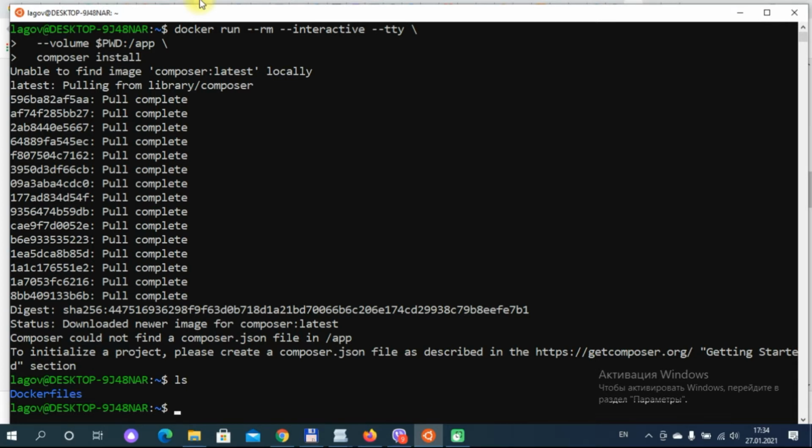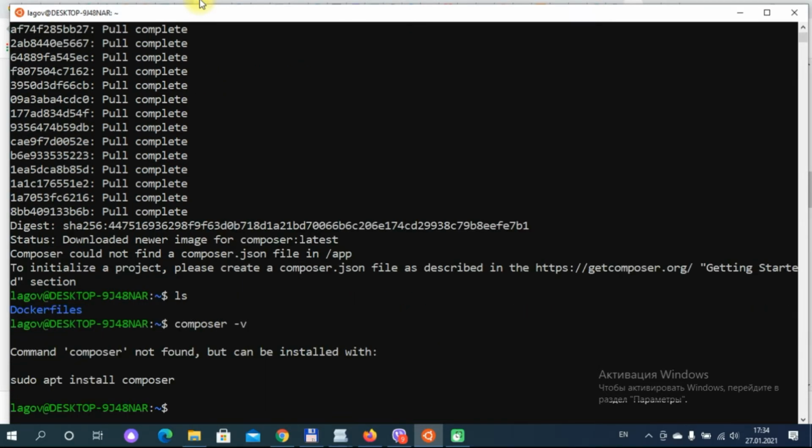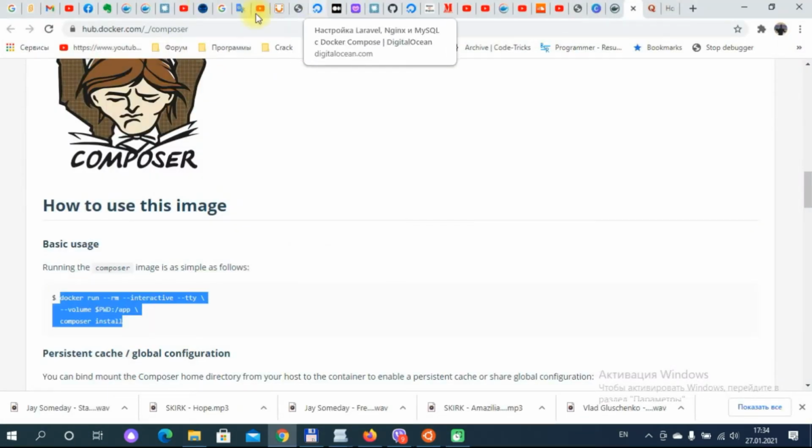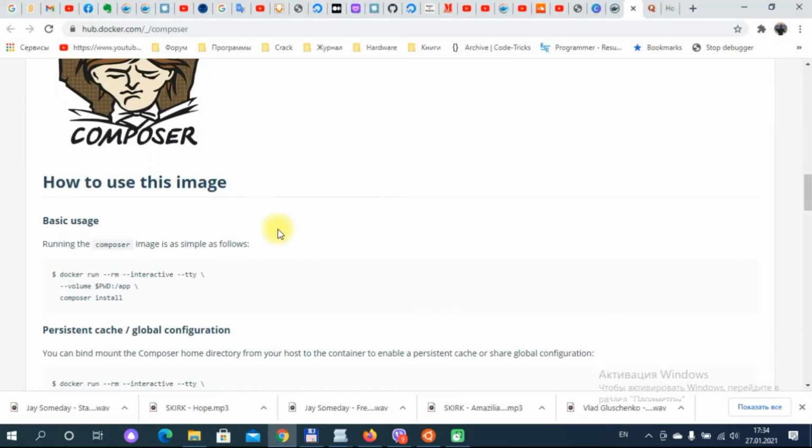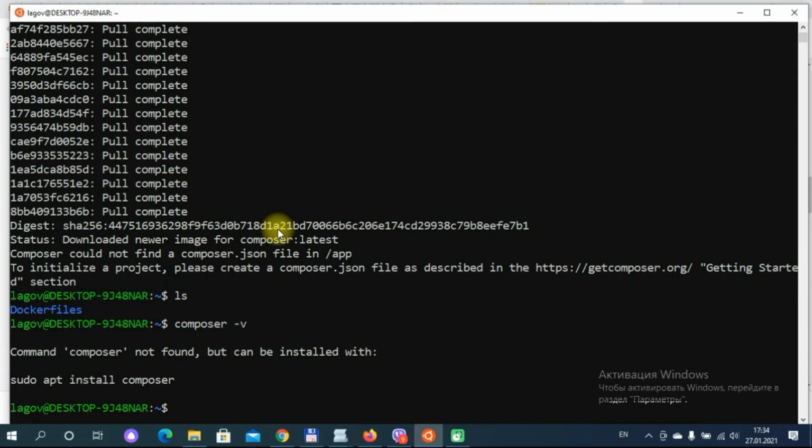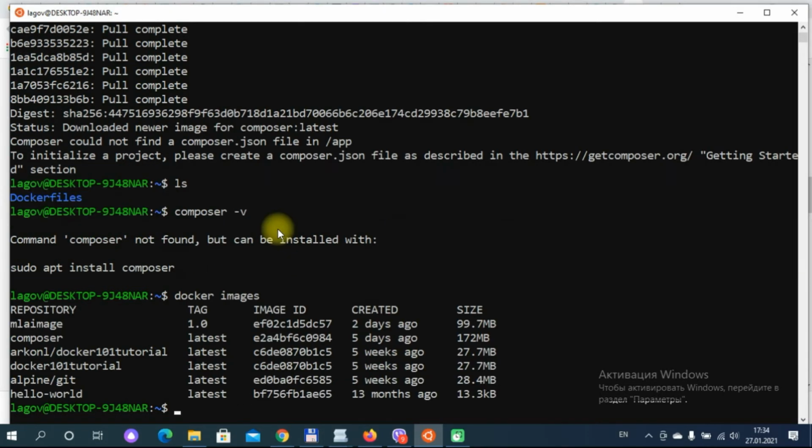Okay, so let's check if Composer is here. Not found. Okay, it's not found. Okay, he's installed this. Let's check the Docker images. Okay, so we have Composer, last version 5 days ago. Okay, and let's check Docker container